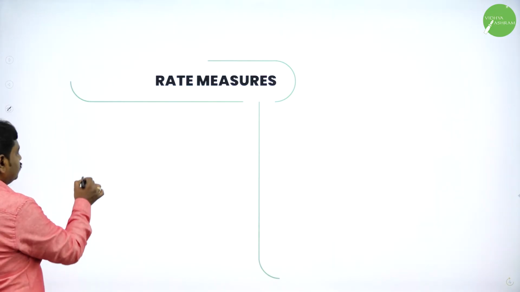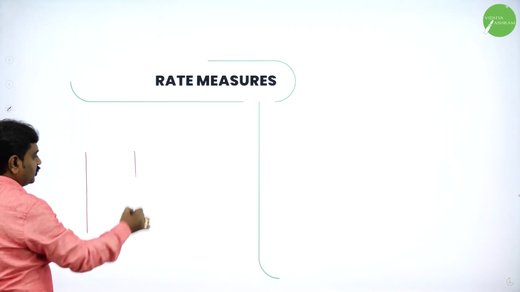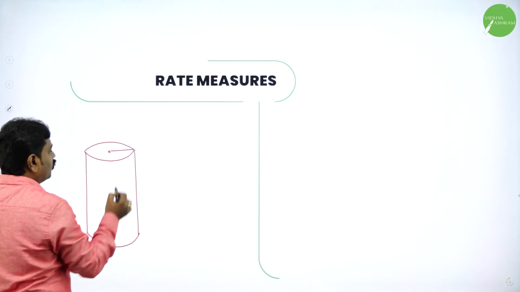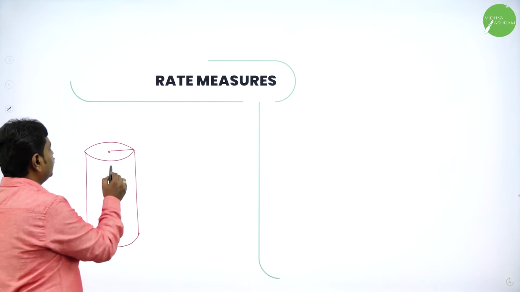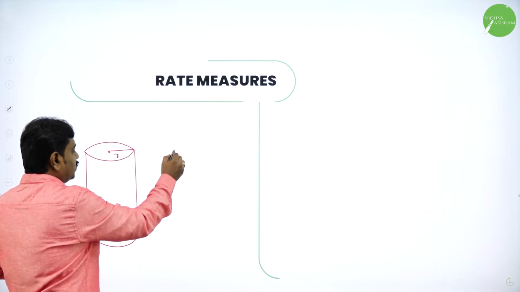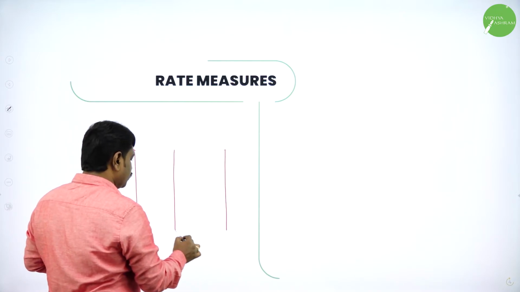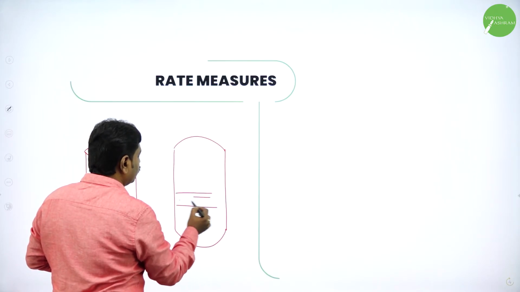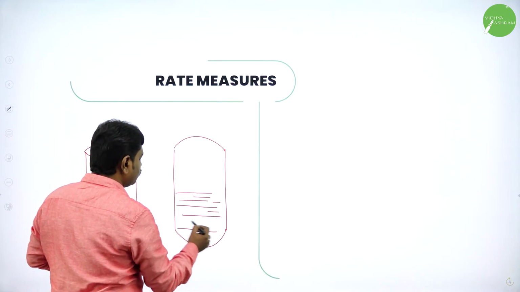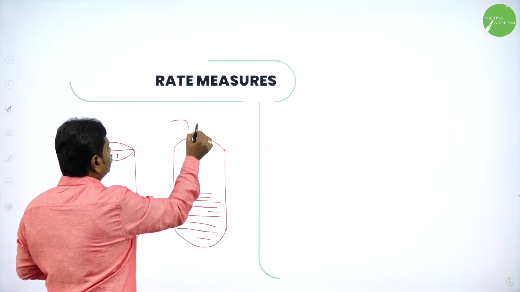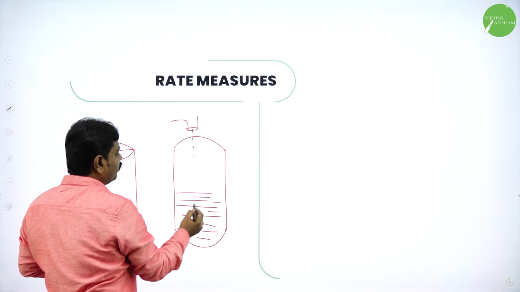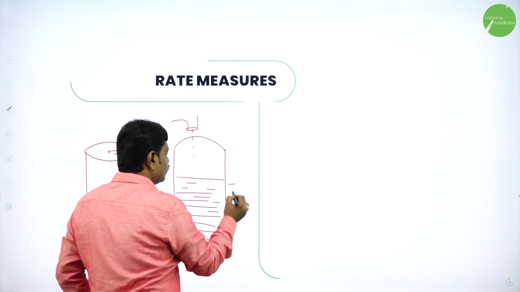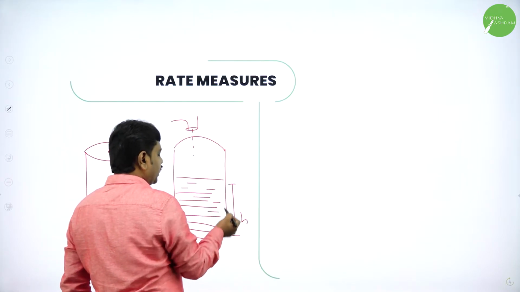In the last problem, what are they talking about? A cylinder. So the diagram shows a cylinder and the radius of the cylinder. You know, whether you pour water or not, the radius does not vary. So radius r is constant. But when you pour the water, the height of the water increases, and the volume of the water goes on increasing. They told water is poured into it. When you pour water into it, the volume varies, which means the volume occupied by the water varies. Along with that, the height also varies. As the water enters, height increases.